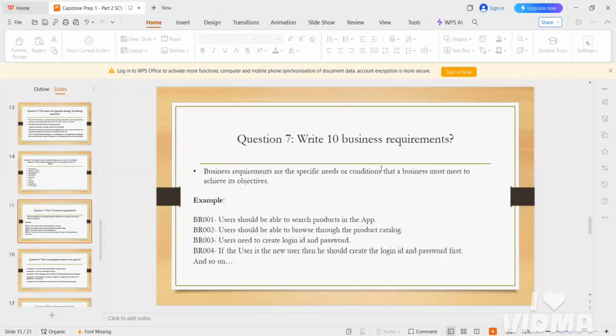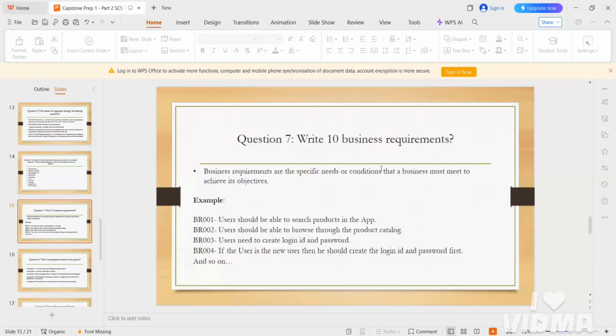They are given from the client side. To achieve whatever project is given by the client, we achieve it by using these business requirements. In this manner you need to explain.